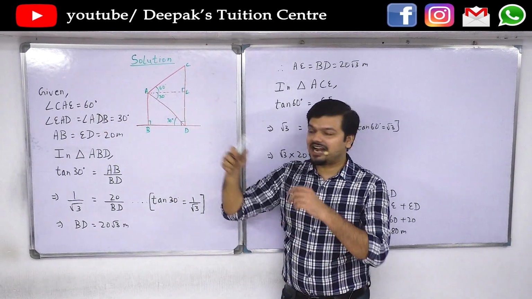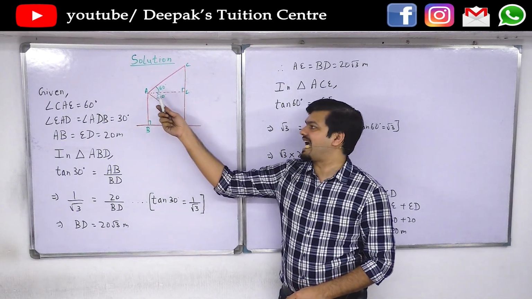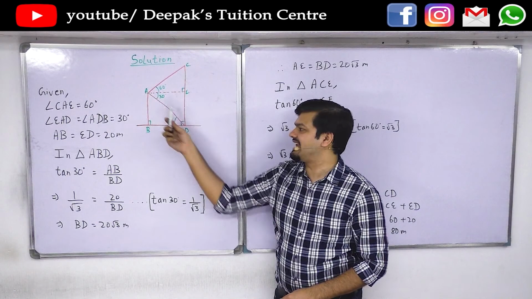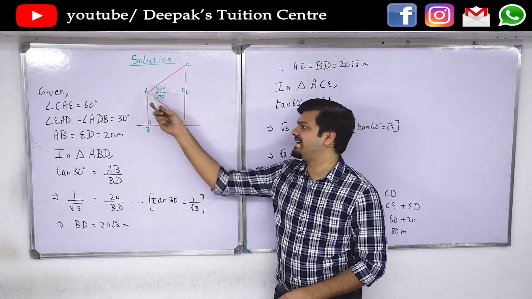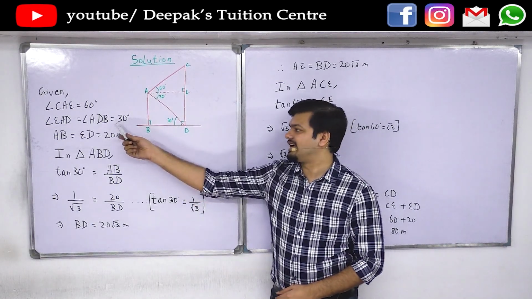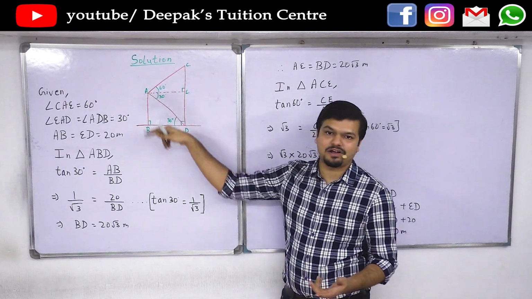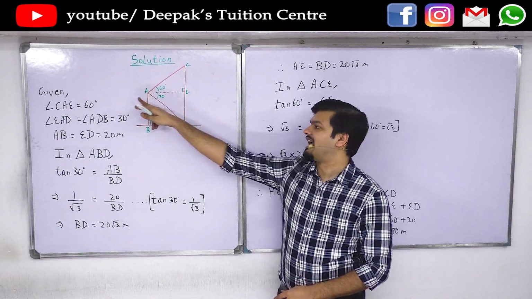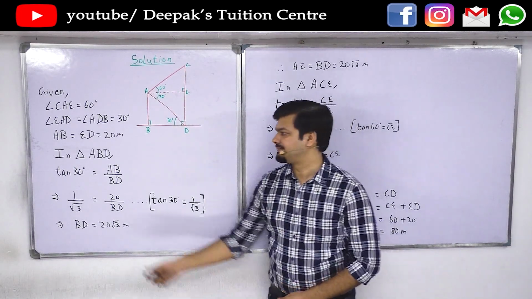Now if I stand on the point A and look at the bottom of the tower, that is point D, then my angle of depression, that is angle EAD, will be equal to 30 degree. But I all know angle EAD equals to angle ADB, that is alternate interior angles, equals to 30 degree. I know that AB is equal to 20 meter because the height of the pole is 20 meter. And AB is obviously equal to ED. Opposite sides of a rectangle are equal.